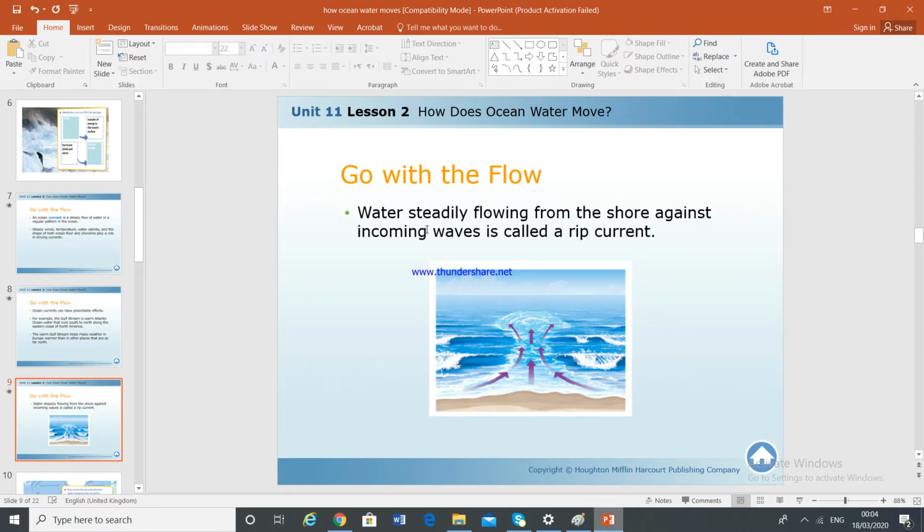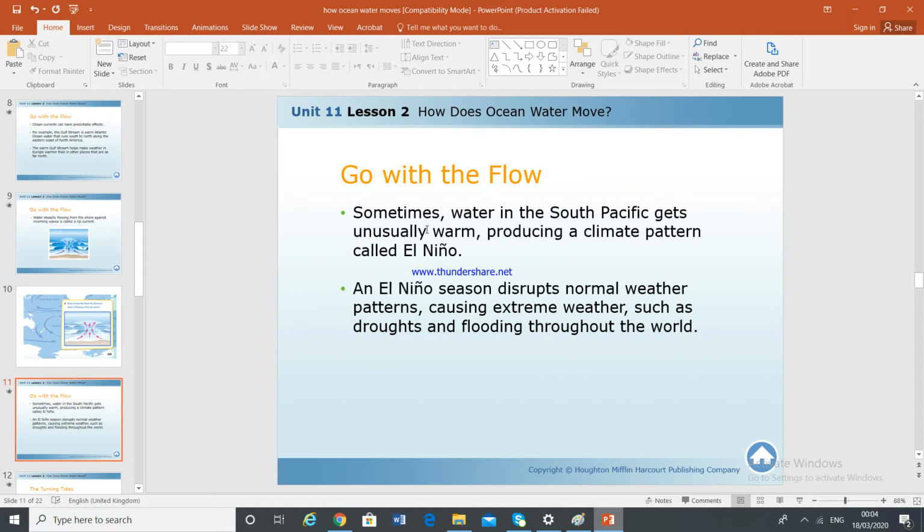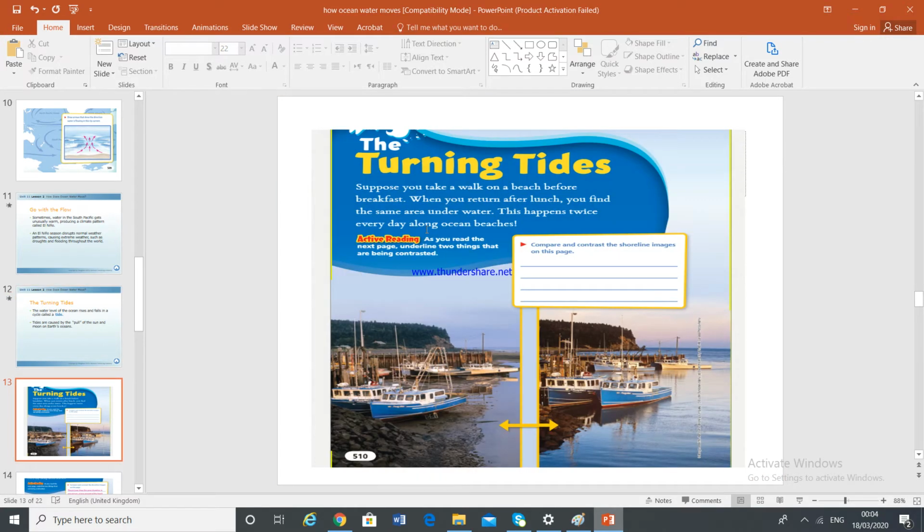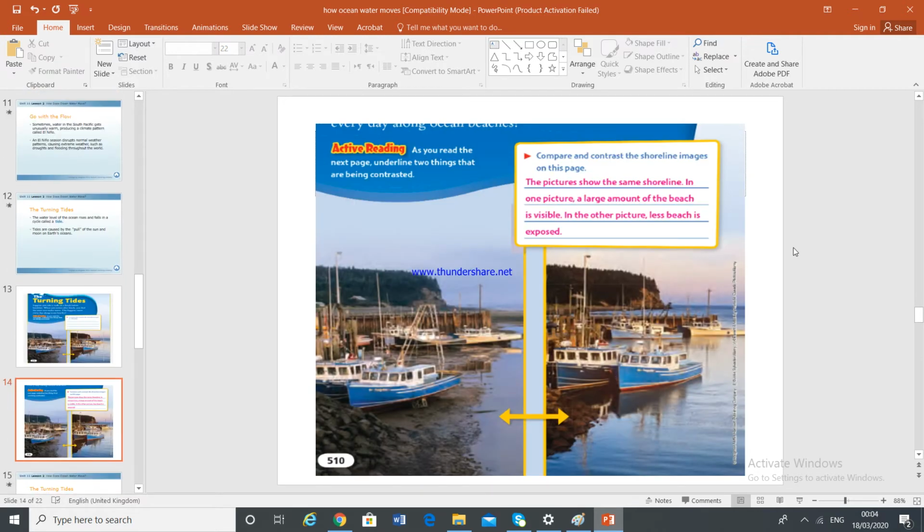Next, about tides. In tides, low tide and high tide. What is a tide? The water level of the ocean rises and falls in a cycle. When the water level rises and falls, it's called a tide. And we have seen a picture of low and high tide here, and we completed this question too. I'm sure you know the summary of the lesson. You know those important points we have discussed. And now